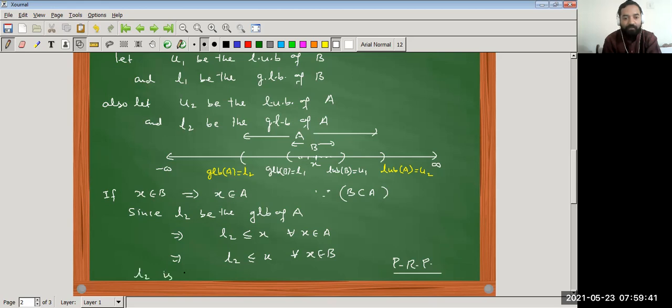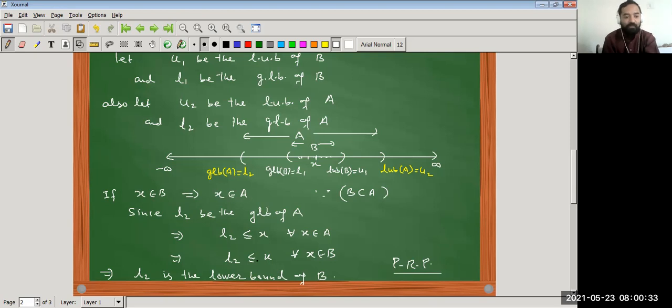Yes, L2 is the lower bound of B. This implies L2 is a lower bound of B, है ना? क्योंकि greatest lower bound and least upper bound, if exist, they are unique. ये सिंगल ही होते हैं, लेकिन there are infinite number of lower and upper bounds. So हमने already define किया है कि B का ग्रेटेस्ट लोअर बाउंड L1 है, तो या तो L1 L2 के बराबर होगा, अगर ये उसका ग्रेटेस्ट लोअर बाउंड है। अगर ये ग्रेटेस्ट लोअर बाउंड नहीं है B का, इसका मतलब ये लोअर बाउंड है, तो L2 जो है वो less than होगा L1.